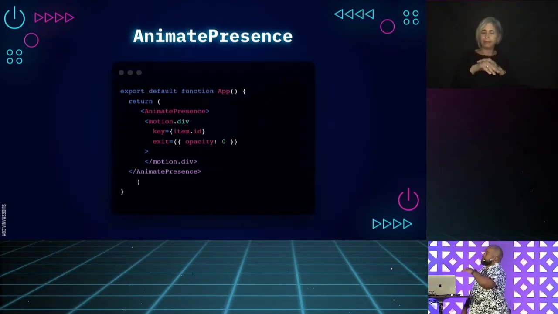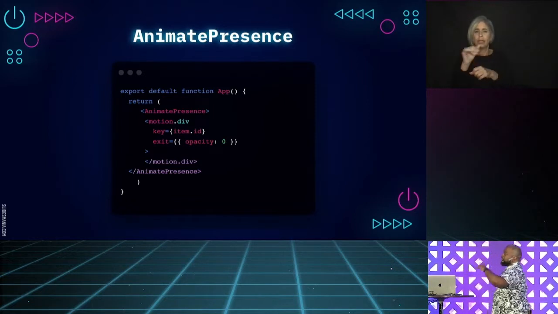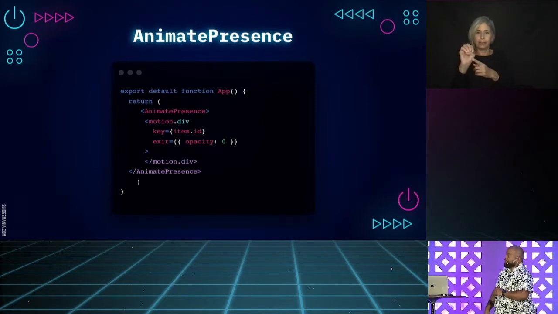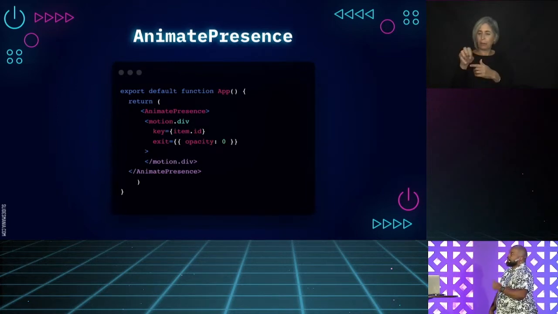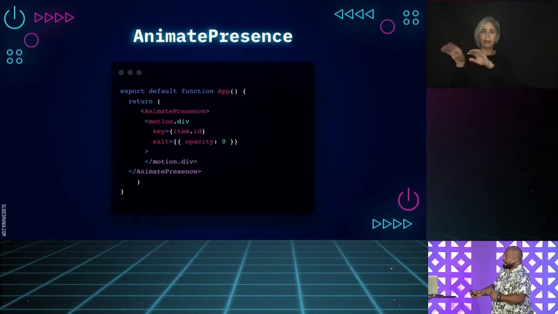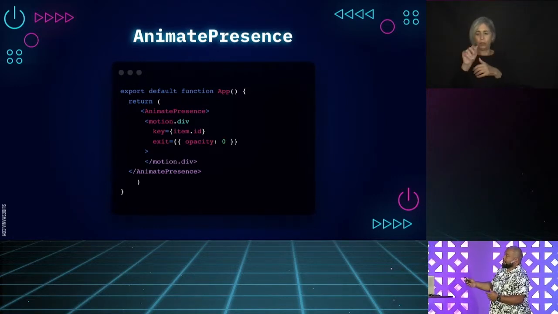So in order to use AnimatePresence, you wrap the element that you want to animate that's leaving the DOM with the AnimatePresence. Then you have to make sure that it has an exit prop. So any children of the AnimatePresence component that has an exit prop, you pass it the object that you want to animate. So this is opacity 0.